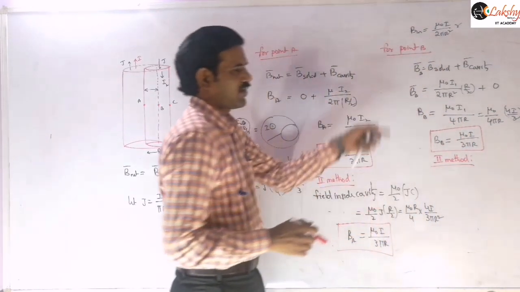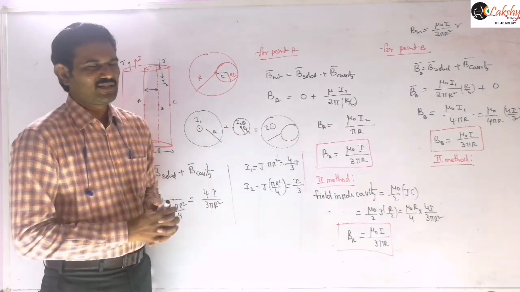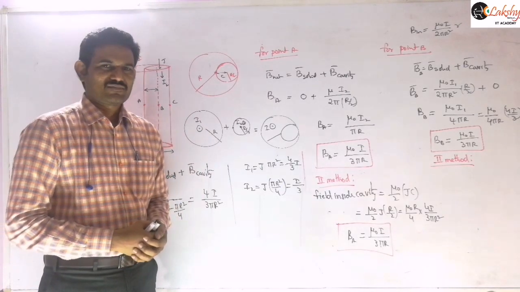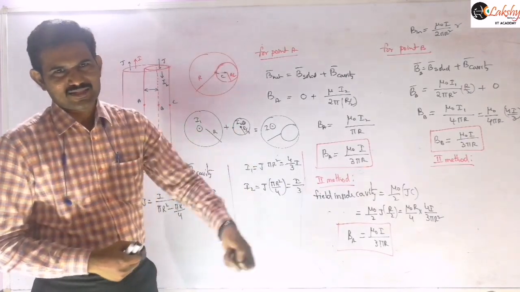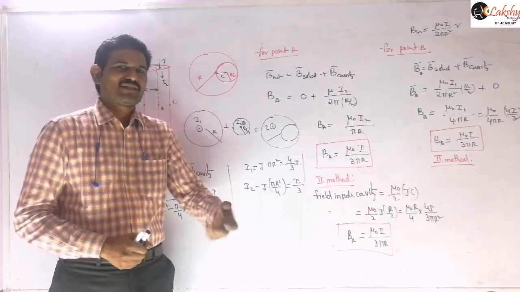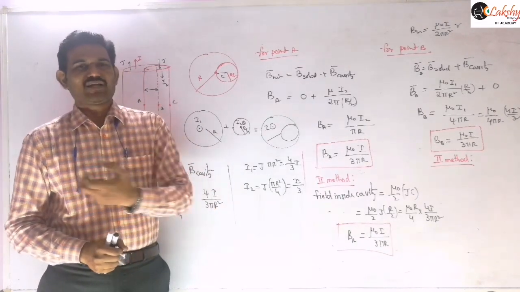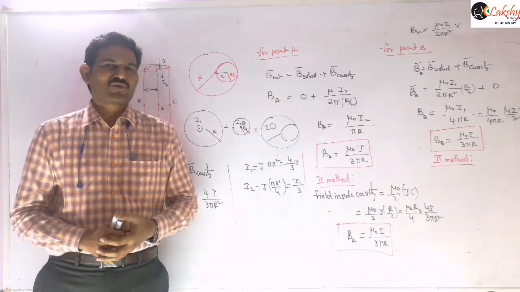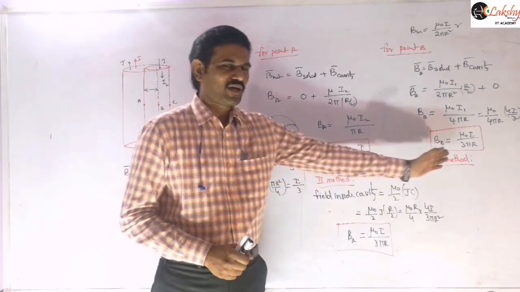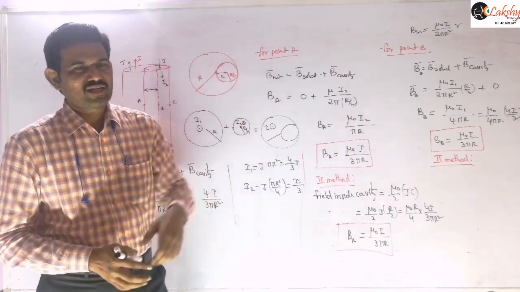Second method, that means for point B also. Second method means simply you can say that point A and point B lie inside the cavity only, right? Point A is at the edge of the cavity and B is at the center of the cavity. Previously we concluded that the magnetic field at any point inside the cavity is constant only. That is why the magnetic field at A and the magnetic field at point B are the same. A and B are lying inside the cavity only.